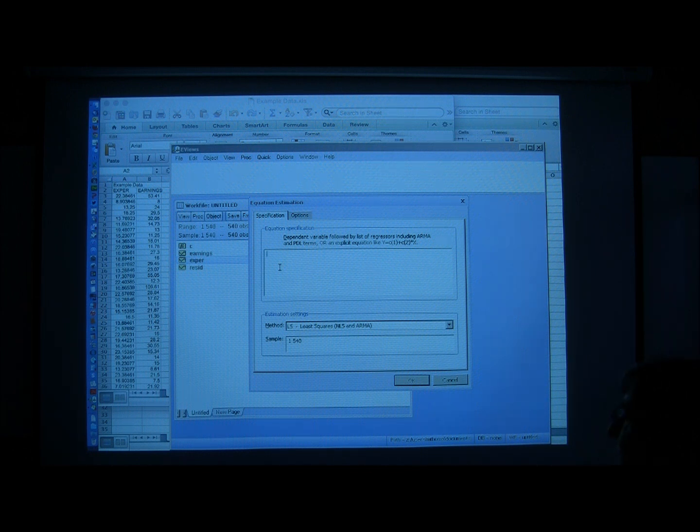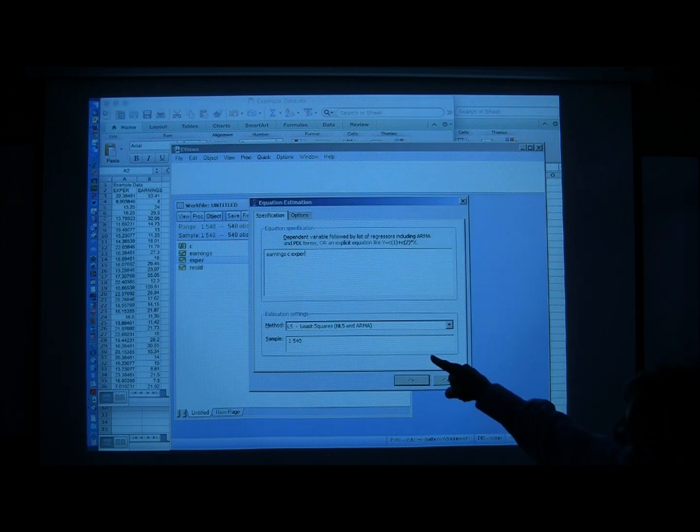And so my dependent variable, the left-hand side variable, the y variable, will be earnings. So that's the first thing. So you put the y variable first. Then I want a constant next. Oops, where'd my space go? There it is. I want a constant. And then the next variable I want is experience. So that is y equals, y is earnings, beta naught is the constant term, plus beta 1 times experience,